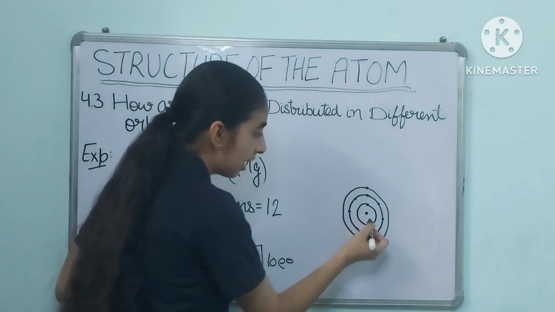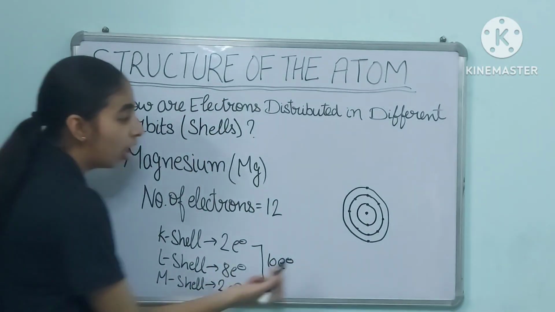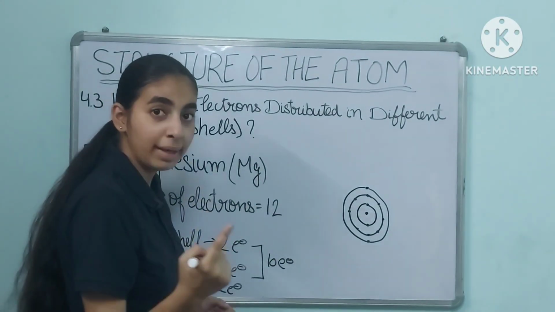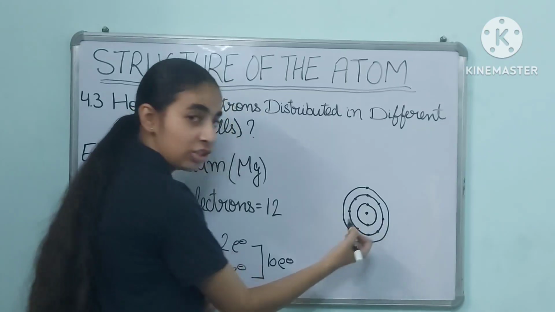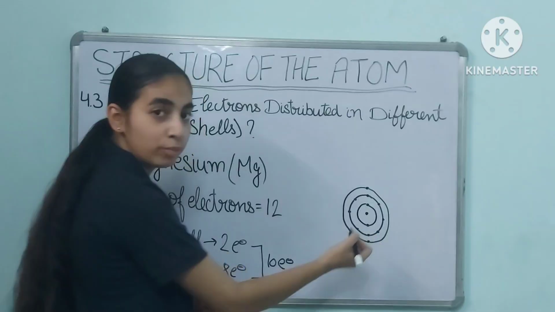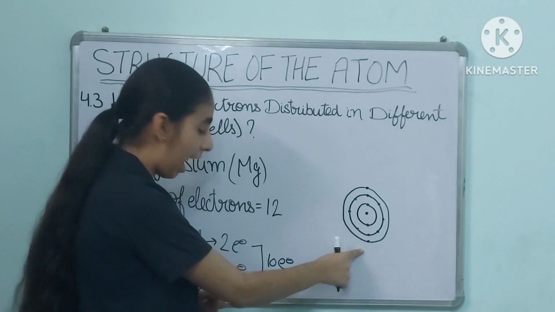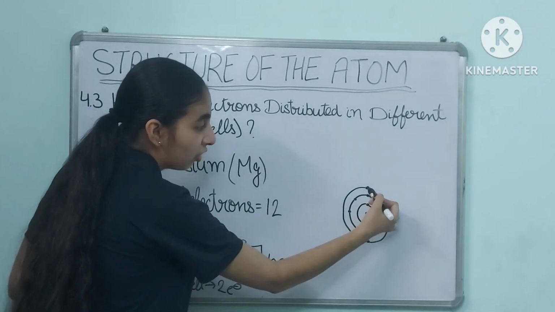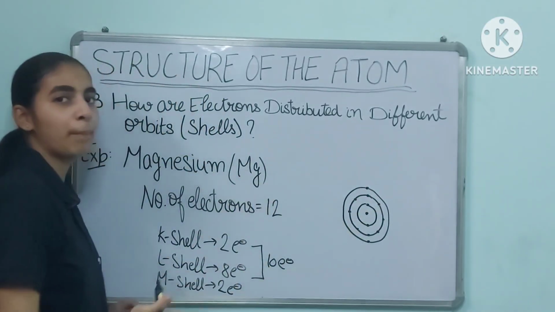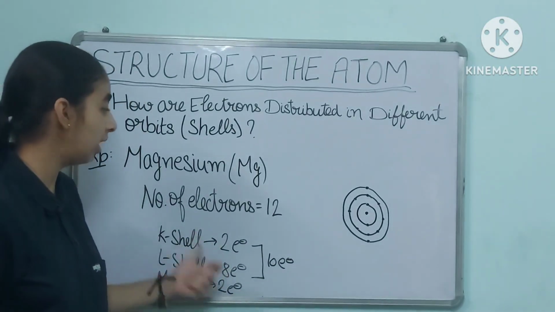So I have shown a diagram. This is the nucleus. The orbit nearest to the nucleus is the K shell. How many electrons are in the K shell? 2, so I will represent it with 2 electrons. Next is the L shell with 8 electrons. The orbit next to the K shell is the L shell, or the second orbit, you can say. This orbit is filled with 8 electrons. Next is the M shell, the outermost shell, and no other shell comes after it. It is filled with 2 electrons. It's your choice whether you place the 2 electrons on this side or that side. In the representation, you just have to fill the M shell with 2 electrons, the L shell with 8 electrons, and the K shell with 2 electrons.